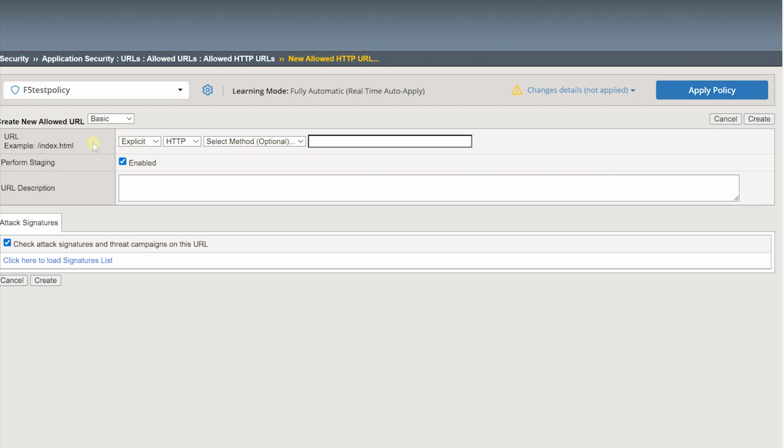Define the URL properties. Select Explicit or Wildcard, HTTP or HTTPS. Enter the name of the URL. If you want the system to place the URL in staging, leave the Perform Staging checkbox selected. When staging is enabled for a URL, the system logs learning suggestions to the learning screen and does not block